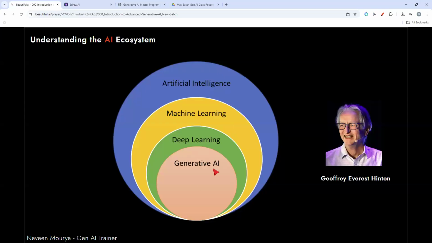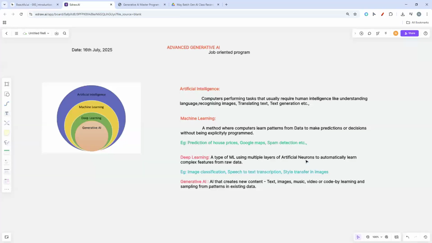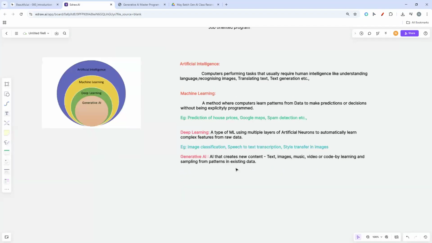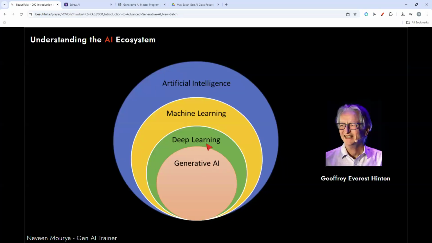And generative AI, though it is a different subfield of artificial intelligence, depends mostly on deep learning algorithms itself, or in simple terms, deep learning neural networks. Okay, so the artificial neurons. As we are going to have a good session tomorrow on deep learning, you will probably understand how generative AI and deep learning are related to each other.